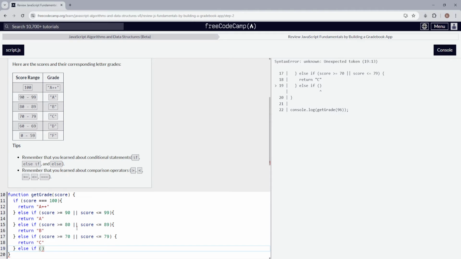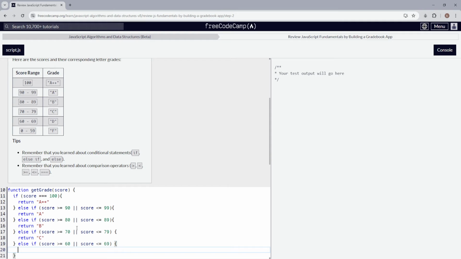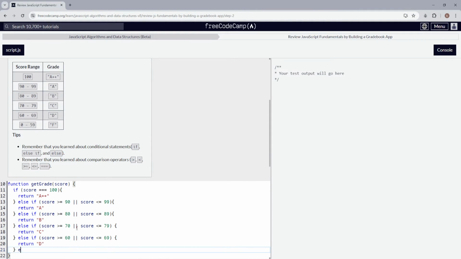else if score is greater than or equal to 60, or score is less than or equal to 69, then we're going to return a D. And then last one we have